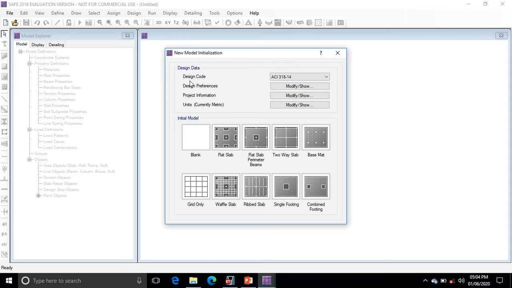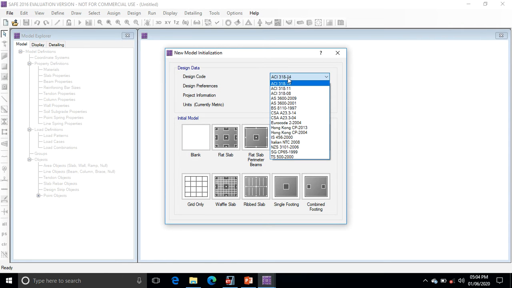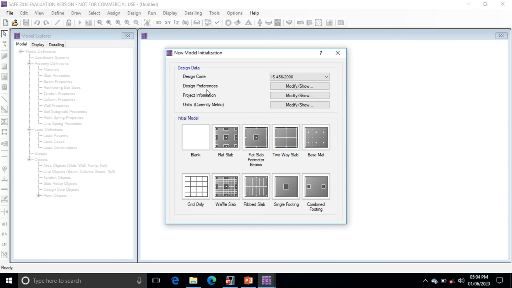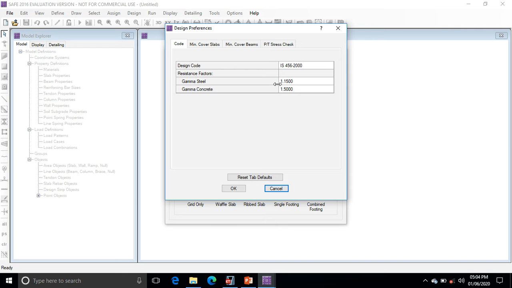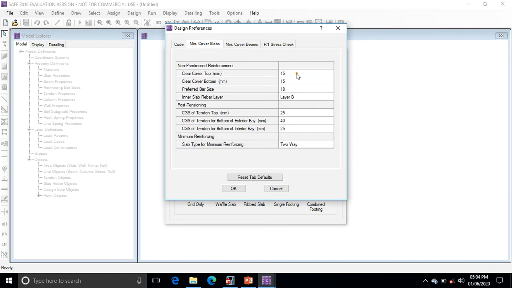Okay. Then the design code is IS 456 2000. Design preference, modify, check minimum cover slab, clear cover from top is equal to 50, from bottom is also equal to 50.